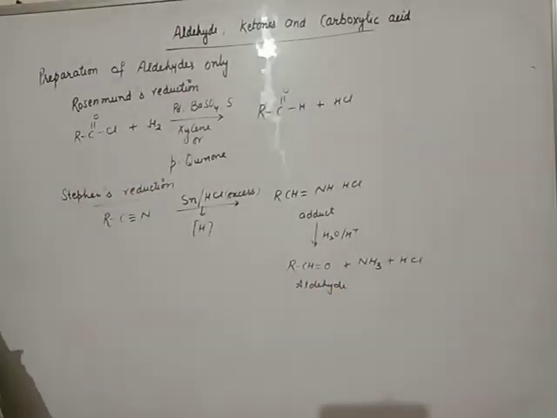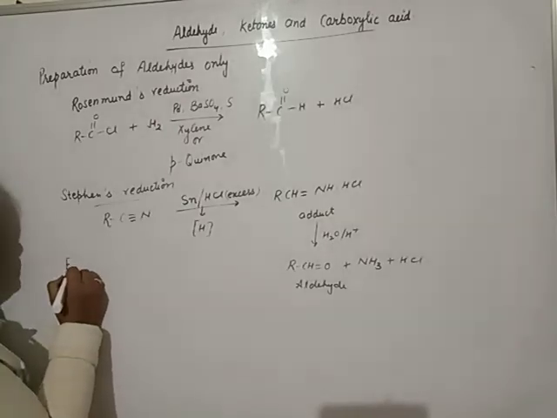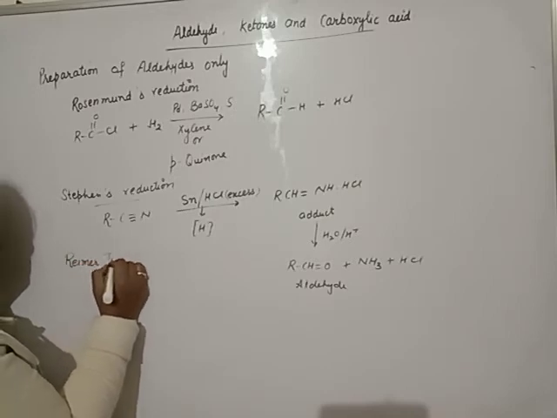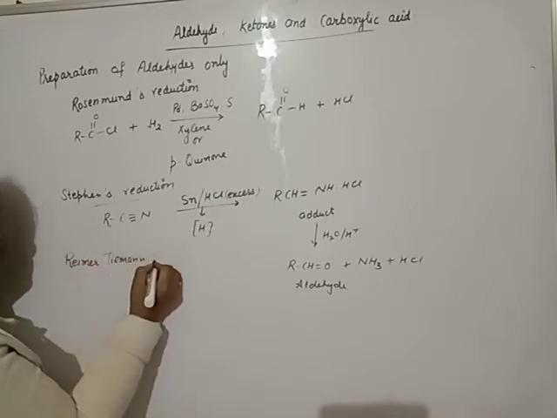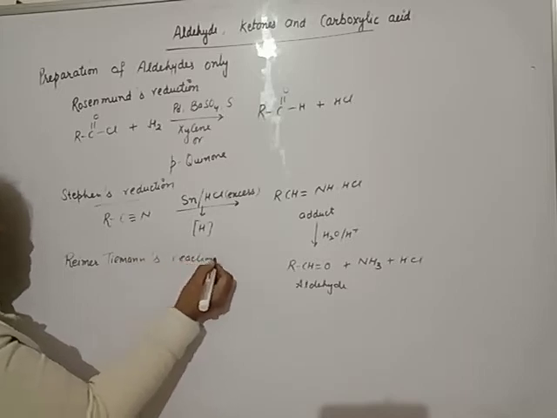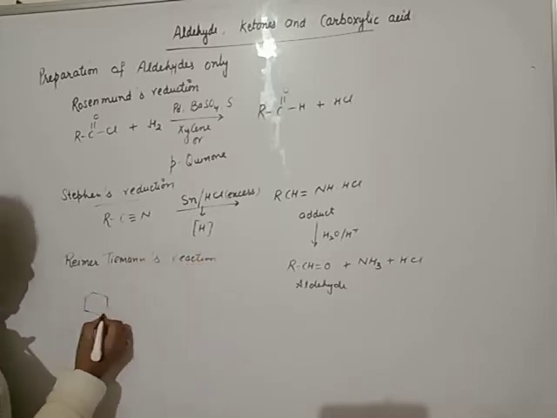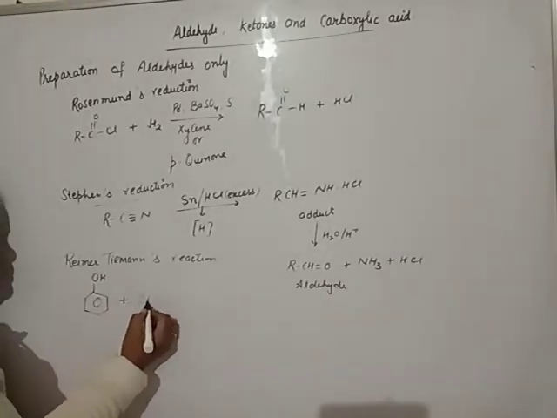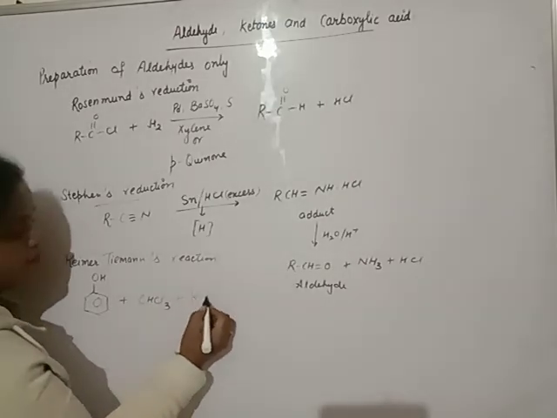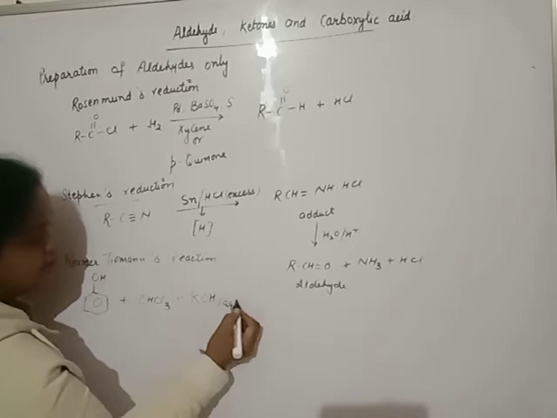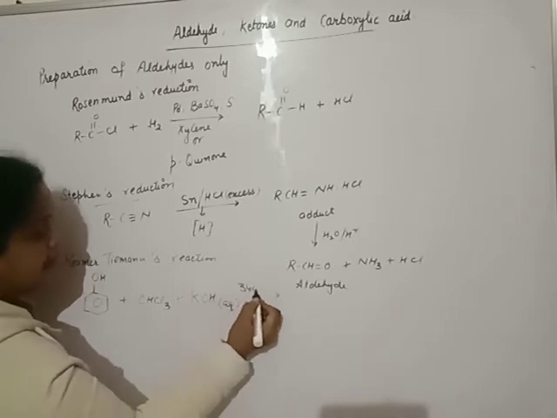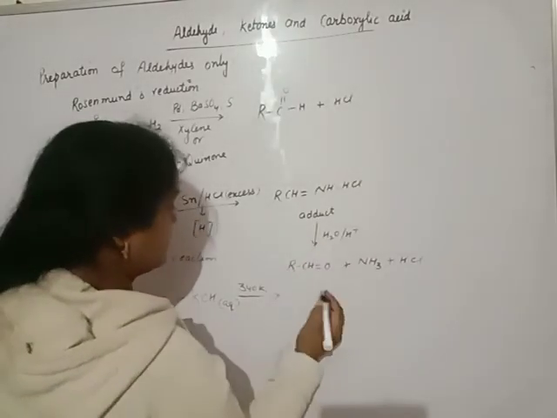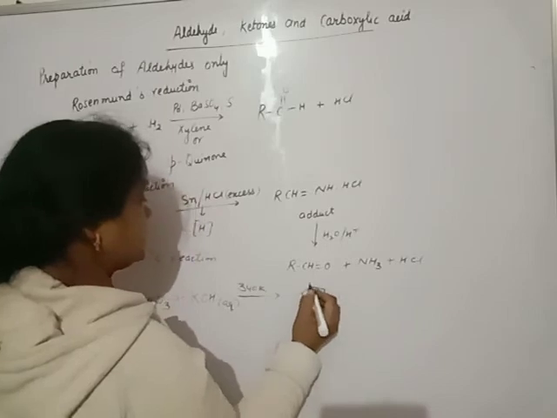Beta, one of the reactions you know very well, that is the Reimer-Tiemann reaction. In this case, phenol. Beta, you learn this reaction in case of alcohol and phenol. Phenol is treated with chloroform in presence of aqueous alkali at 340 Kelvin temperature. What happened? You will see the formation of salicylic aldehyde.